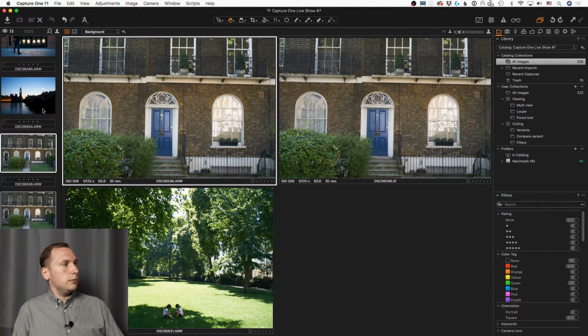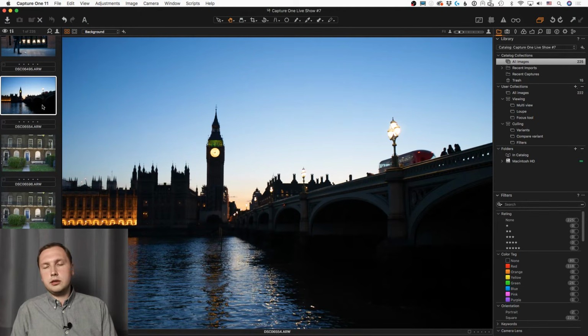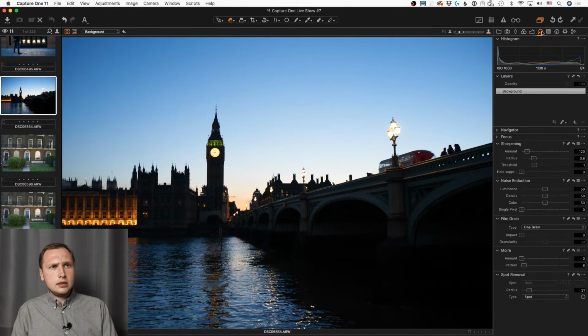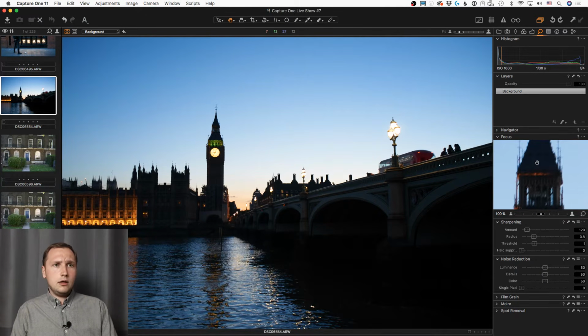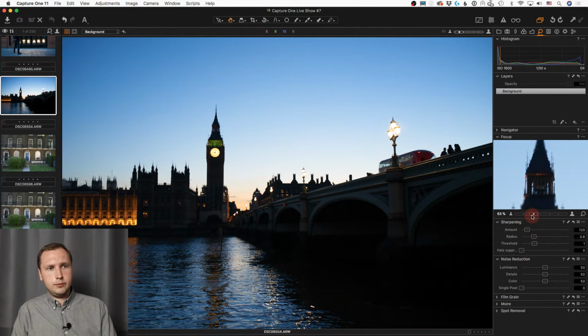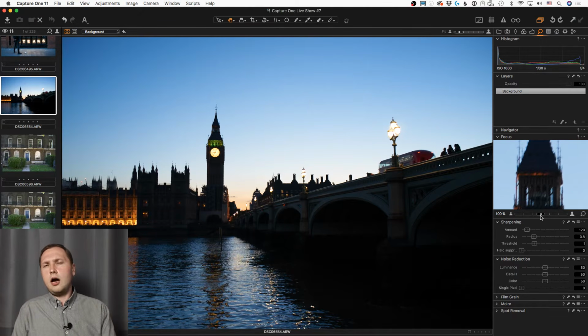The third important tool for viewing your images and for culling them as well, it's the focus tool. It's located in the Details tab, and it's a pretty simple thing. That's just a small window with a part of your images with selected zoom. You can, for example, zoom out, zoom in. Well, in most cases, you shall inspect your images at 100% zoom, because that delivers the real quality